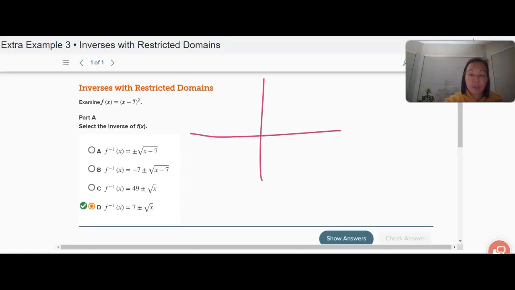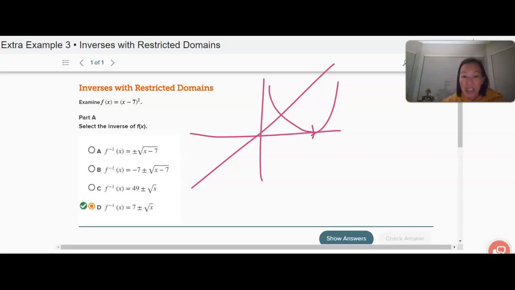If you think about this original graph, x minus 7 squared, that is a parabola shifted to the right 7. Now, if I reflect this over the line y equals x,